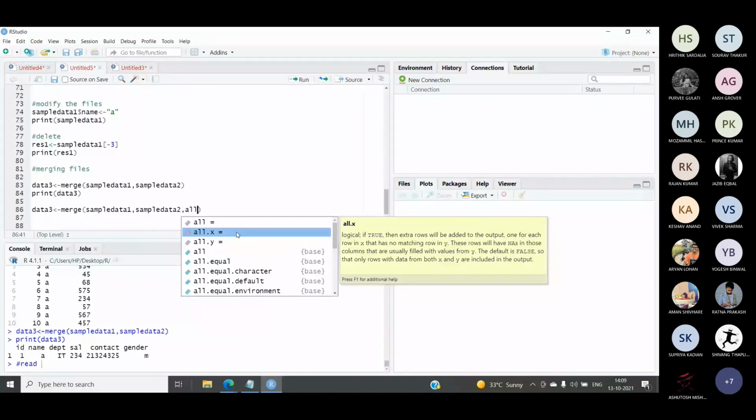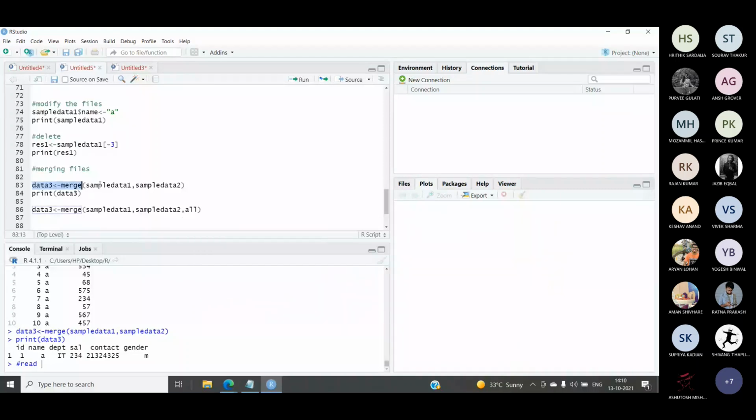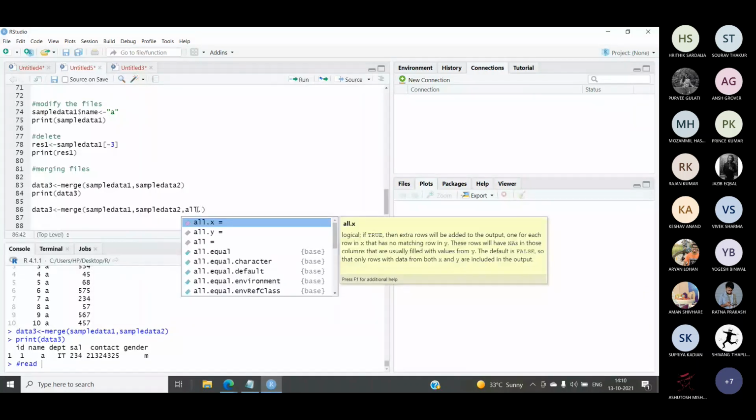What was happening with the very first command that we ran over here? In this case only the matching values were merged. But if we use all.x, then it will merge row wise, and if there is no matching row, the merging will still be done for that case.